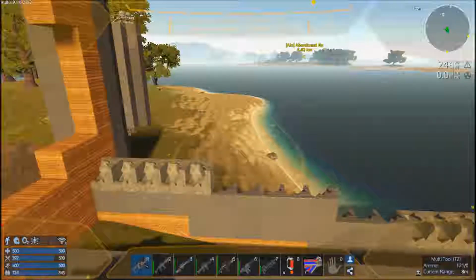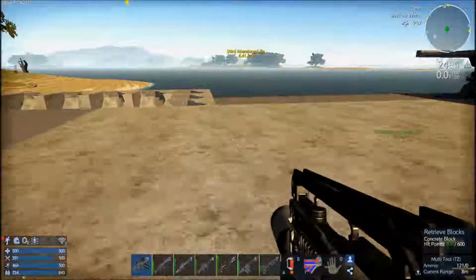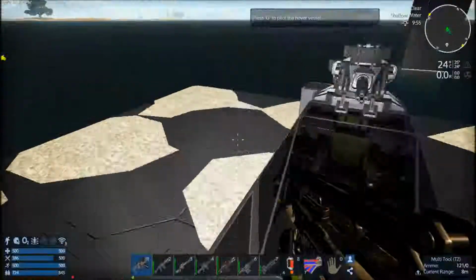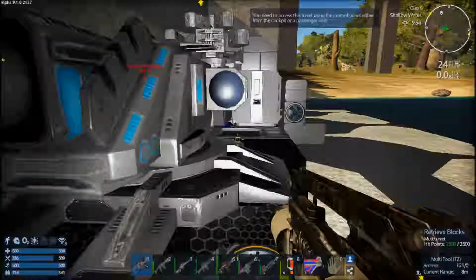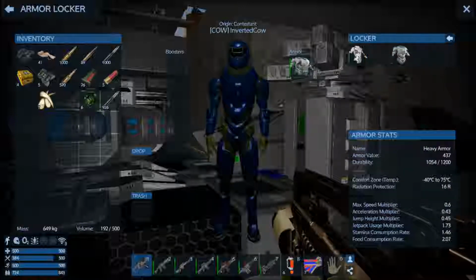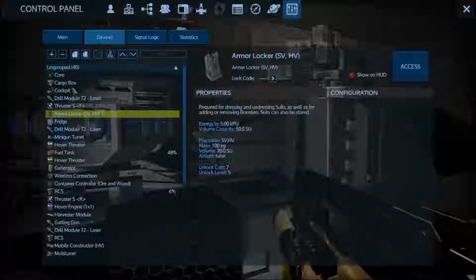So what I'm thinking I'm going to do is I am going to go see if I could find a CV that I can use. I'm just going to make sure I put in here. Yeah, I think I'm going to throw the medium armor on, and I'm going to find...